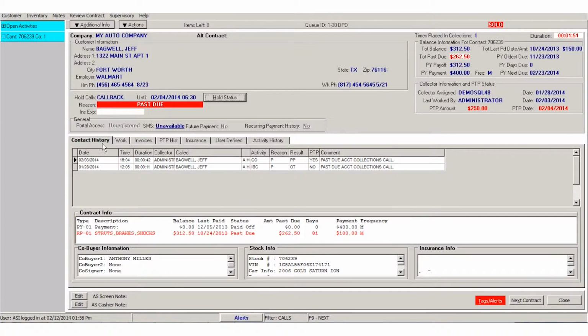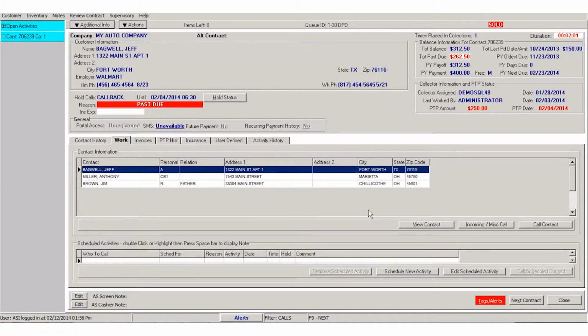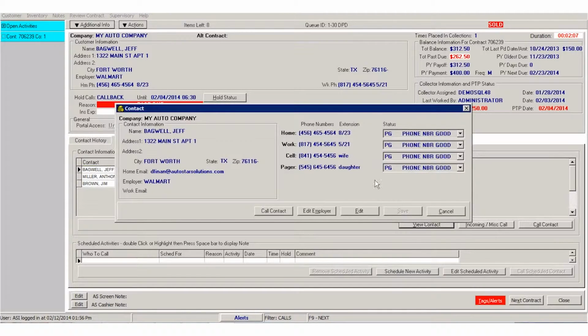You have your contact history tab, which will show you all the calls that have been made or work that's been done on the account. Your work tab, which is where you'll actually go to edit customer information. So if you need to edit customer information, you click View Contact, click Edit, and make your edit to the customer information. Or if you need to edit employment information, you can click Edit Employer, and it'll let you make those